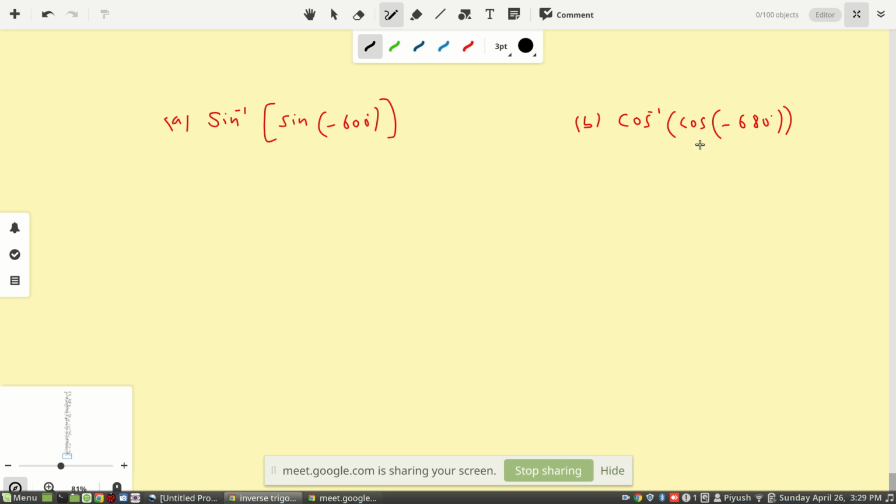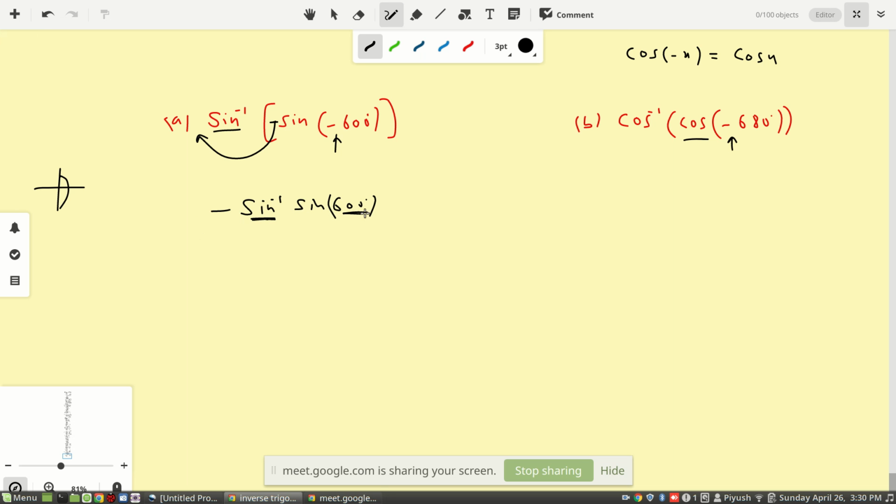You can say that in this case of cos, this negative is there, just ignore this negative because you know that cos of minus x equals cos x. But here this negative will come here, and then since it is sine inverse, again this negative will move outside. So finally it will be minus of sine inverse sine 600. Since 600 is not in this region, I will not give the answer as 600, because the sine inverse answer should always be from minus 90 degrees to 90 degrees.